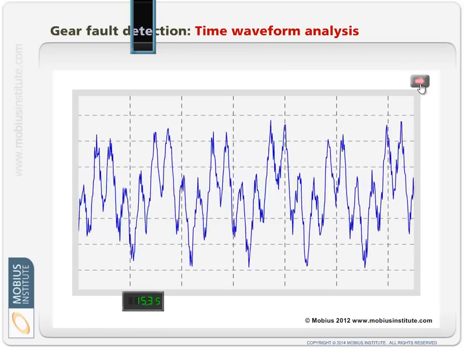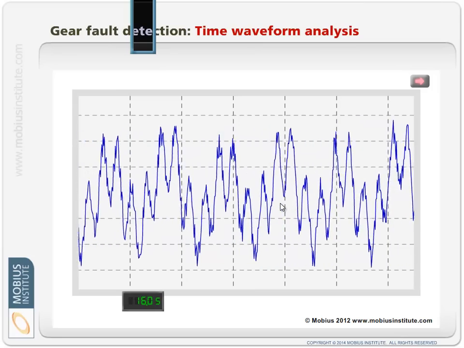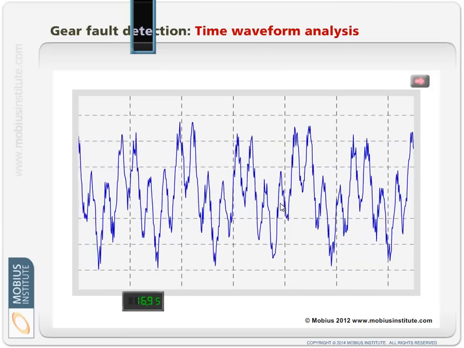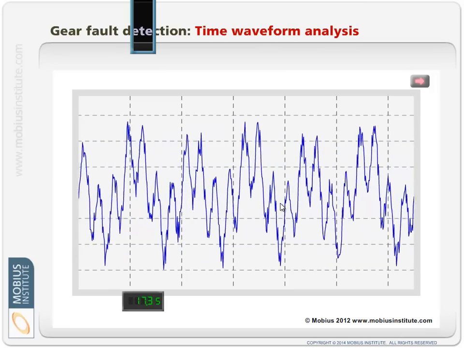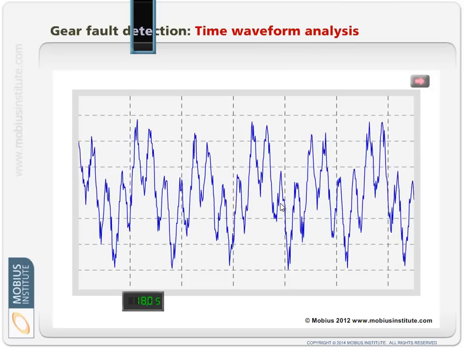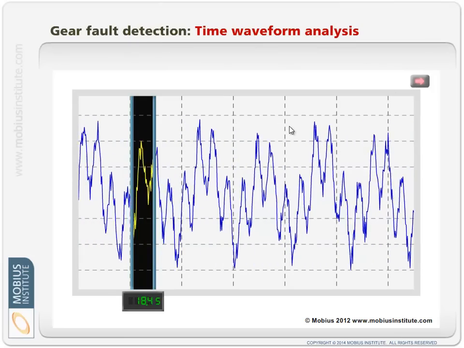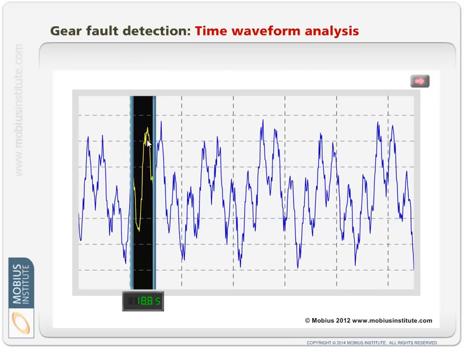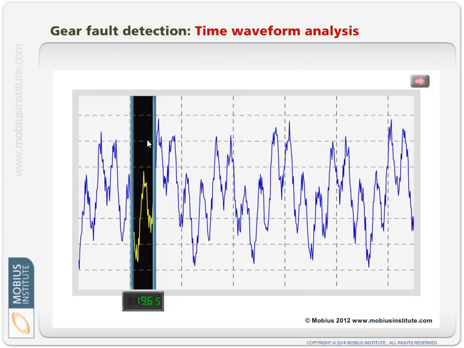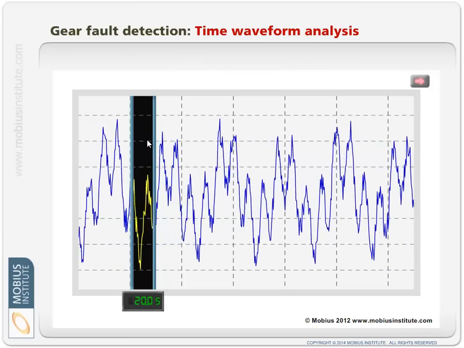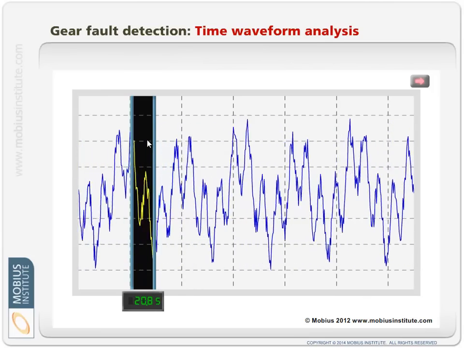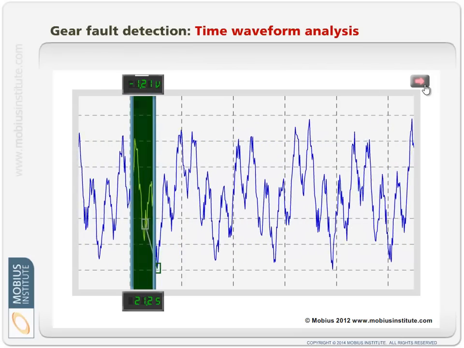Imagine that what we're seeing going past here, I'll slow it down, is the real vibration. Imagine if I could sample it 1 billion times a second so that we knew exactly what was happening from one split second to the next. Let's just assume that that is the real vibration on the machine where we've placed the vibration sensor. Now I'm going to come along with this analyzer, and what it has the ability of doing is, at certain time intervals, it's going to say, what is the voltage now from my accelerometer? The accelerometer is sensing that vibration on the gearbox. There are issues we could talk about with the mounting resonances and the response time of the accelerometer and all sorts of things. So the analyzer says, I'm going to take a voltage reading now,